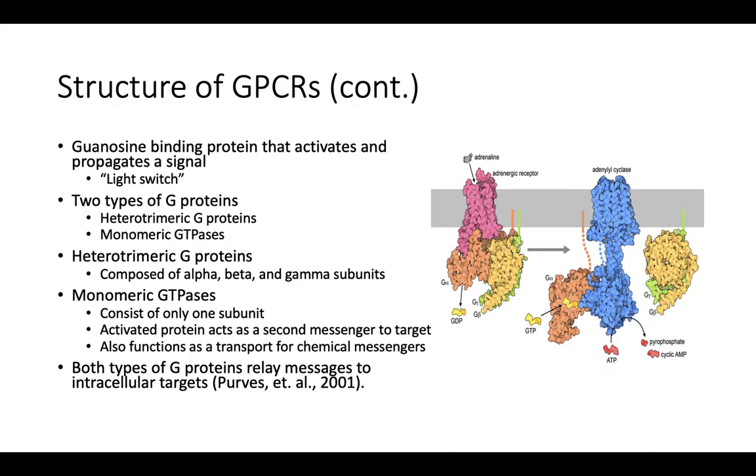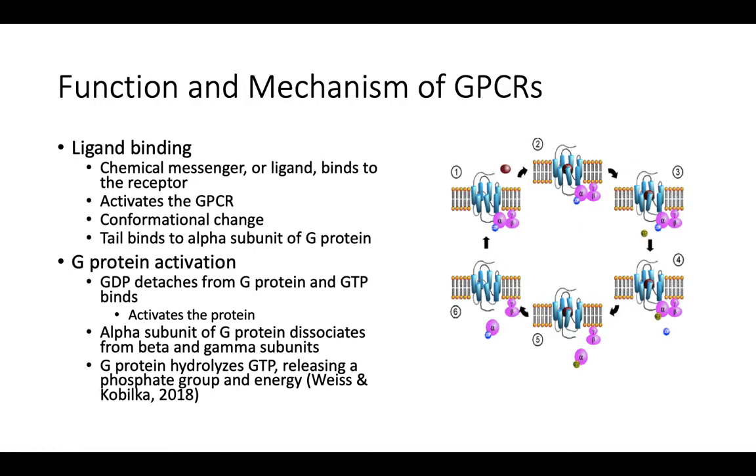But interestingly, one of the earlier forms of G proteins that were discovered were actually known as RAS, and they were found in this rat, and they're actually discovered because it was a mutated form of a G protein, but it contributed a lot to cancer growth. Just an interesting fact. And the important takeaway here is both types of G proteins are going to relay messages to the intracellular targets. That puts us at a very important section, very interesting section, and that's the function and